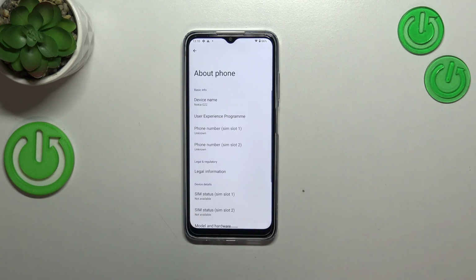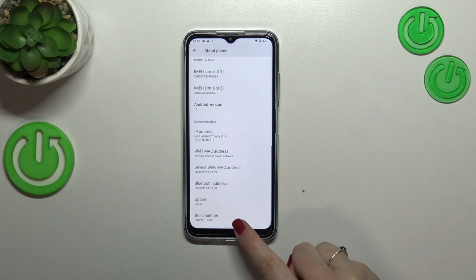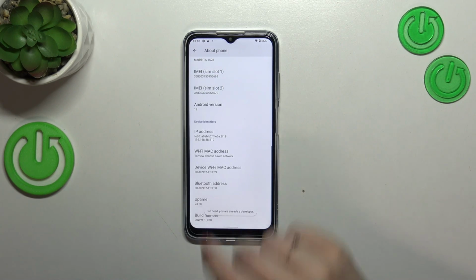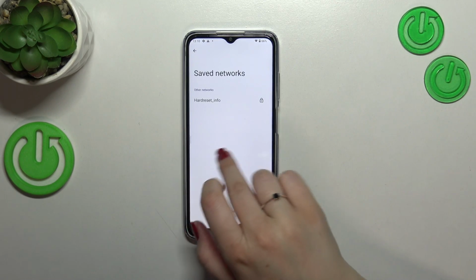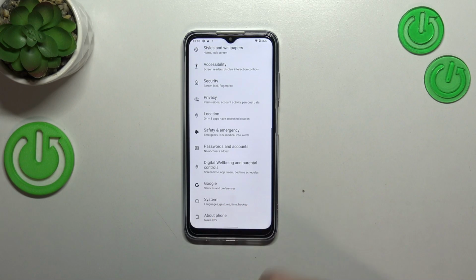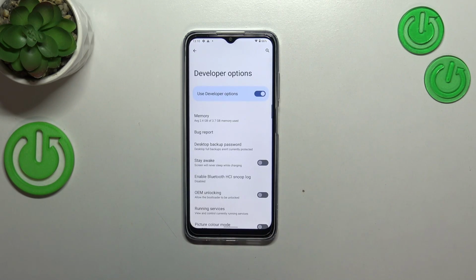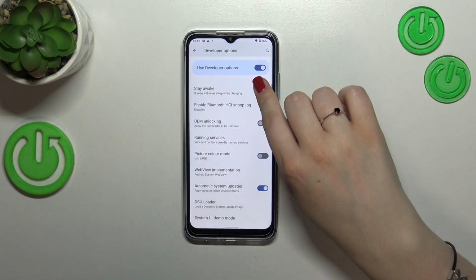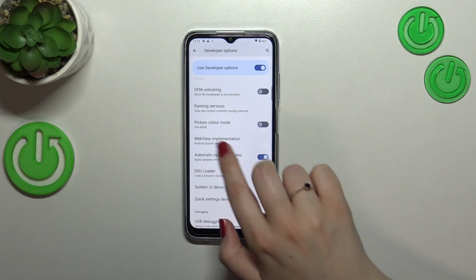So let's enter the About phone, scroll down and keep tapping on the build number until you will activate the developer options. So now let's go back to the system, enter the developer options, and again a quick disclaimer: I've just recorded a video about the developer options, so if you want to learn more about them, I highly recommend to check it. So here in this section we can simply scroll down a little bit to find automatic system